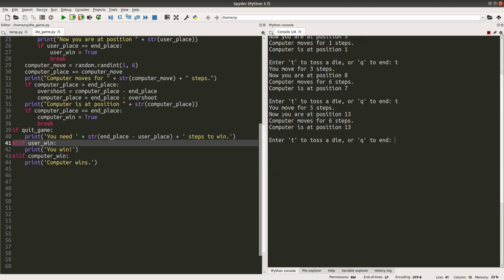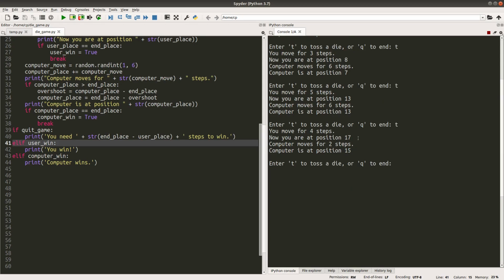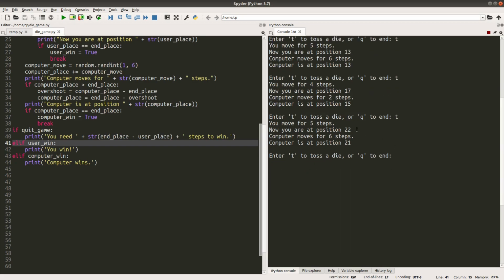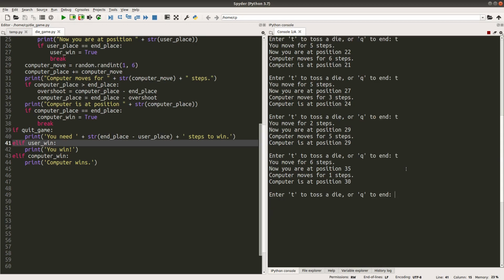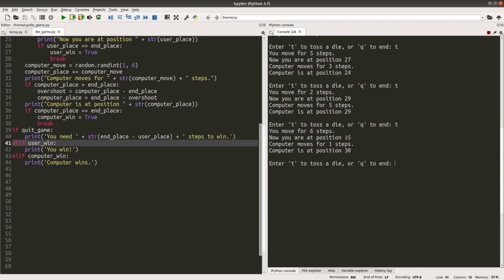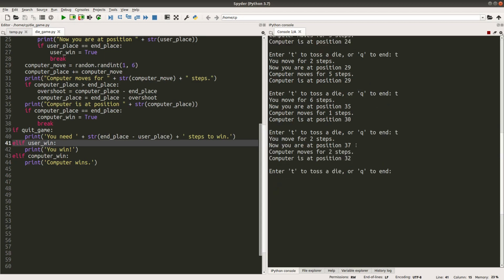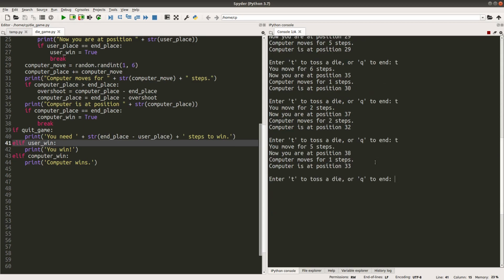Now both the computer and I would be at the same position, number 13. Now I'm leading the game by 2 more steps. I'm still leading. Oh, the computer is catching me very closely. Okay, I'm a bit closer to the finish line than the computer for now. Still closer to the finish line than the computer does. Still closer.